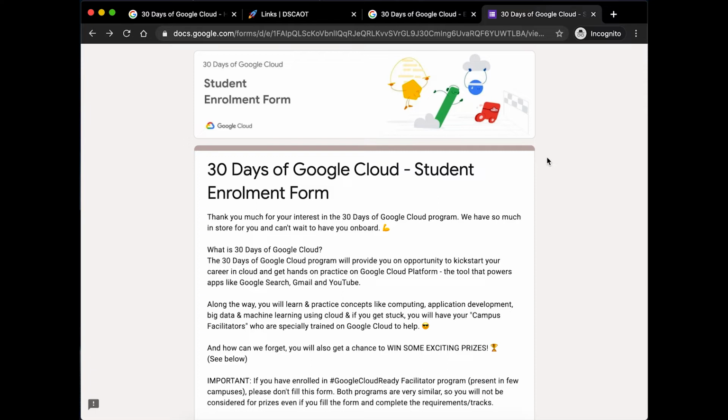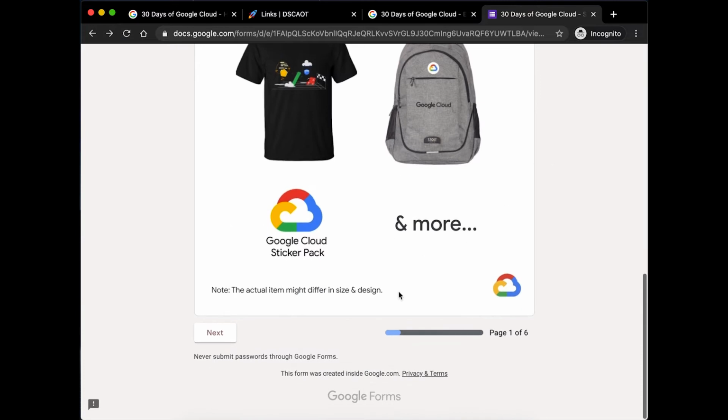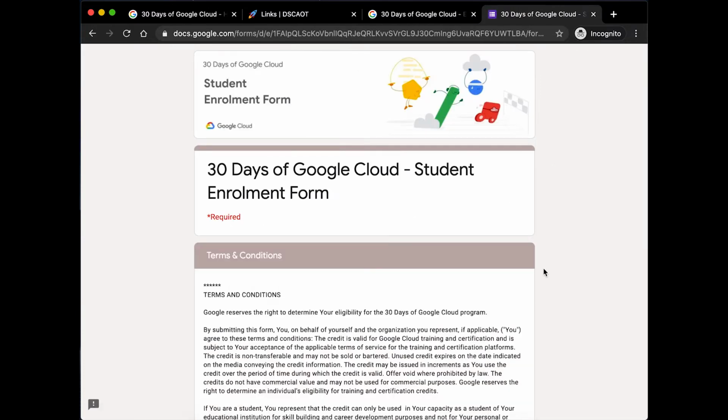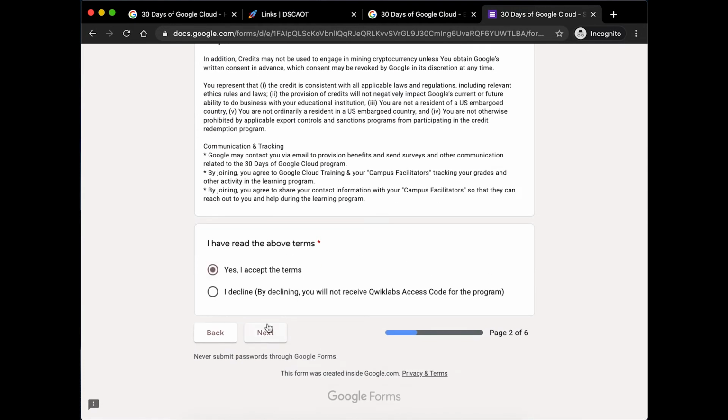Okay, so once you have clicked the button, it will redirect you to this Google form. Fill up this Google form as shown below. You will need to accept the terms and conditions.